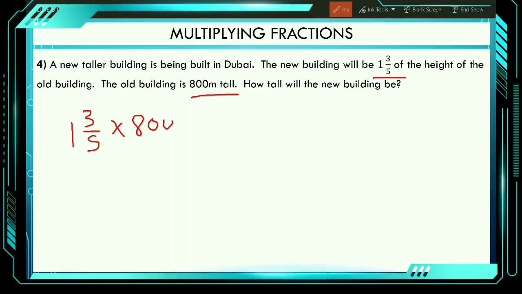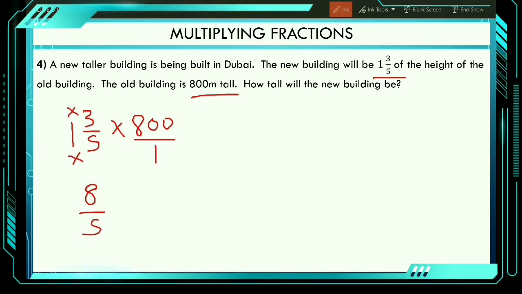We can convert the 800 into a fraction and then convert this into an improper fraction. So we would get 5 times 1 is 5 plus 3 is 8. So 8/5 multiplied by